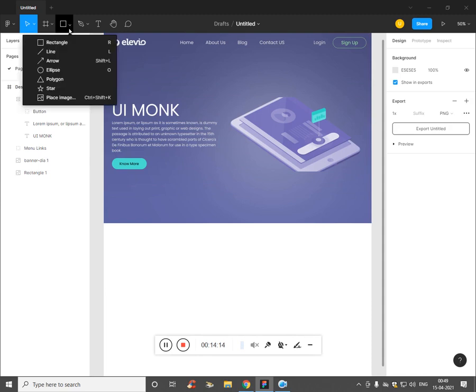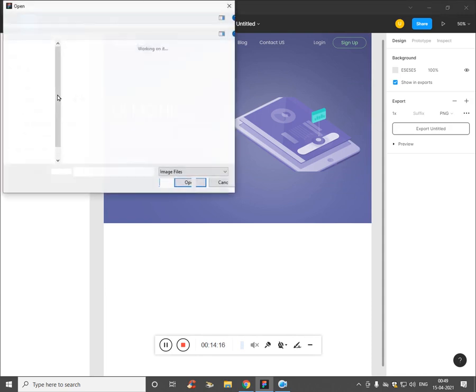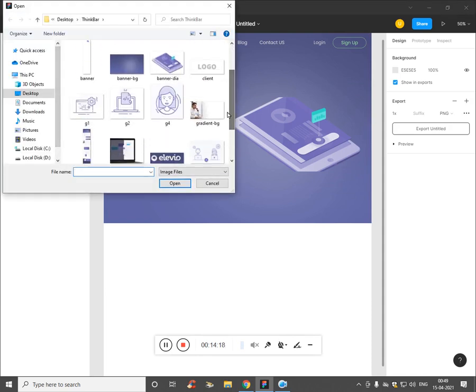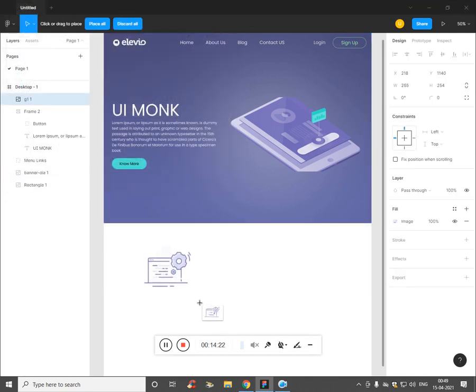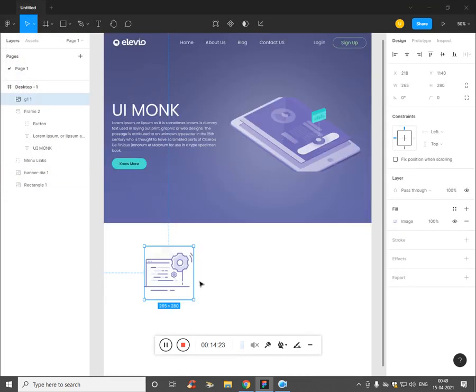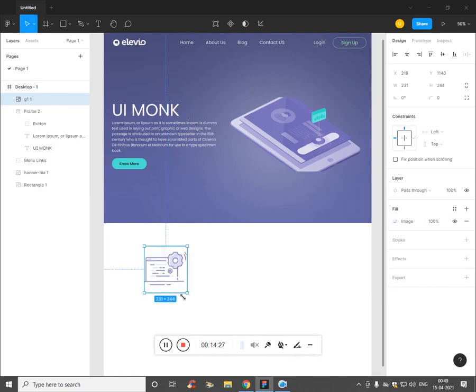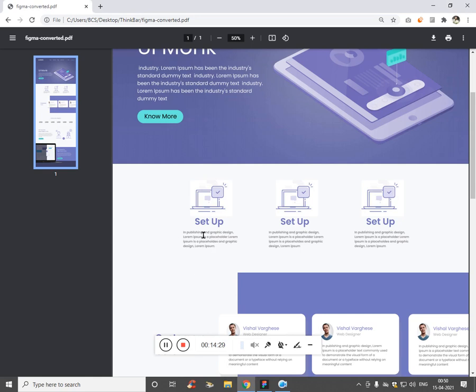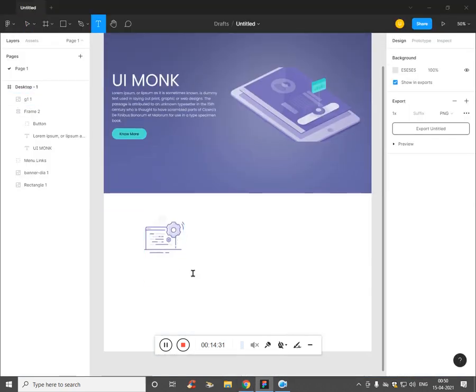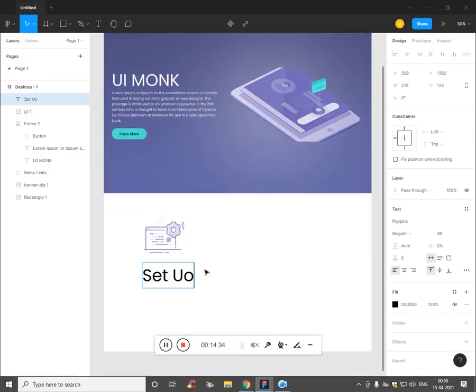To add the grid section, which is really simple, get place image and choose the image you want to select. Let's select this, open. Now we need to drag it. We know how it works. Press V. Now we need text. Press T, set up.